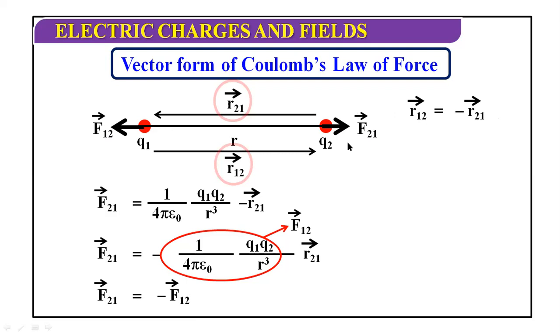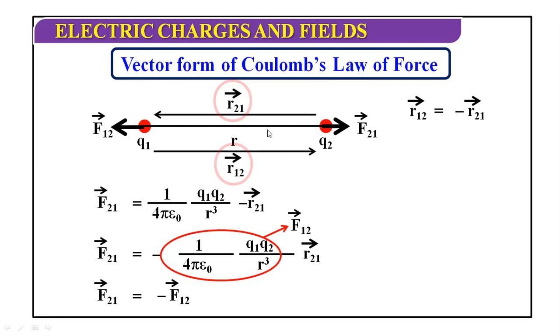Similarly, we can find Coulomb law for unlike charges. That means we take one charge as positive and the other charge as negative, and we will get the same result. Suppose q1 is taken as positive and q2 is taken as negative. So what will happen? Both the charges will attract each other. So the force due to q1 on q2 will be right handed, and the force due to 2 on 1 will be left handed. So again the forces will be opposite.